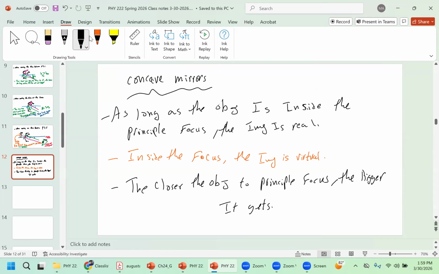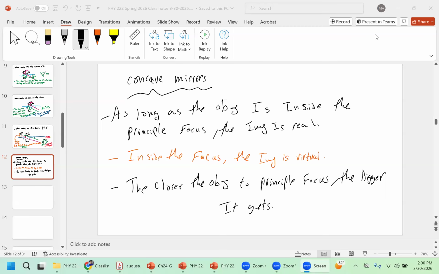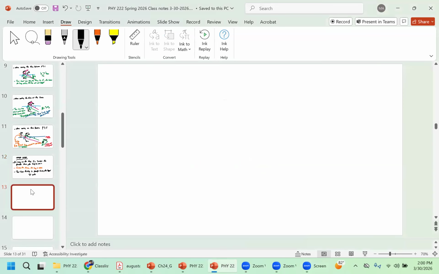Everybody understand everything about concave mirrors? What's the next one going to be? Anybody knows? Convex. Convex mirror,